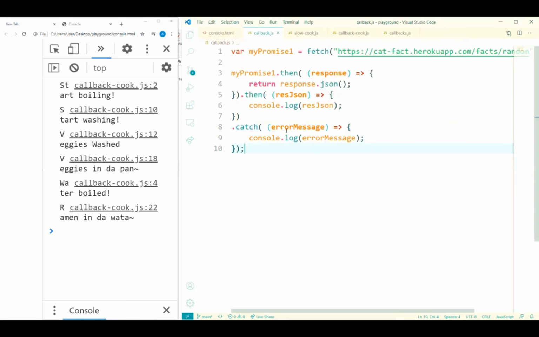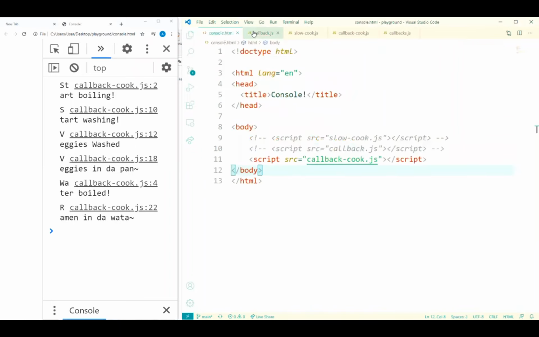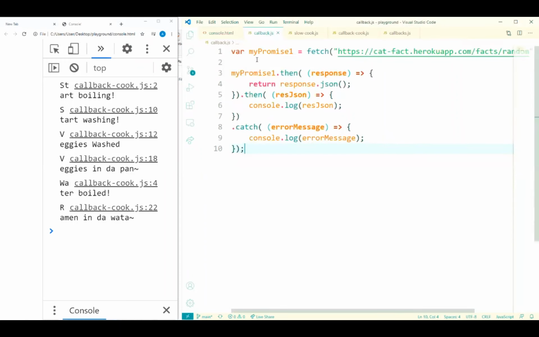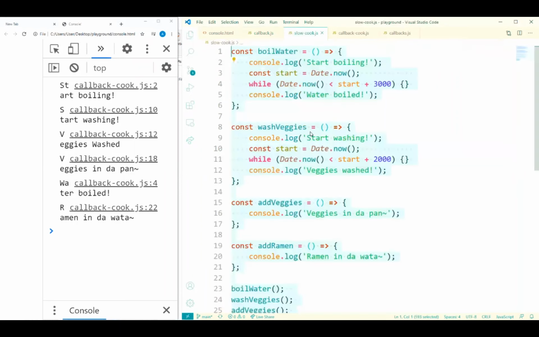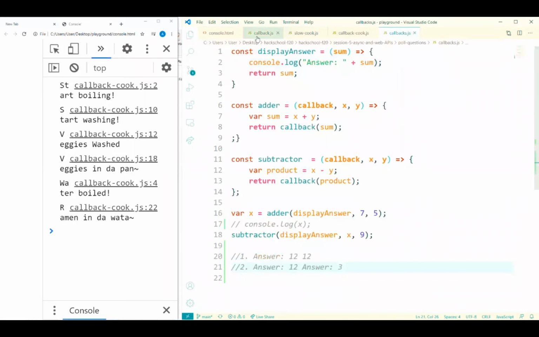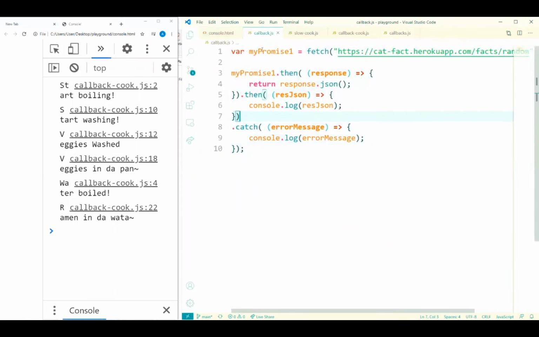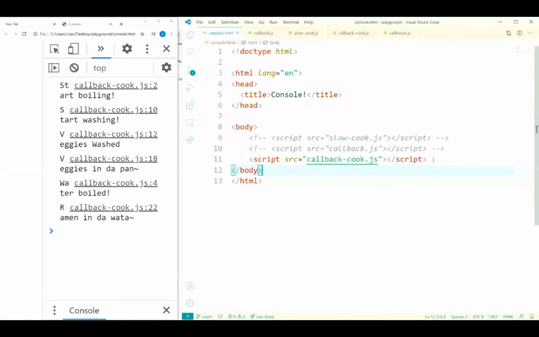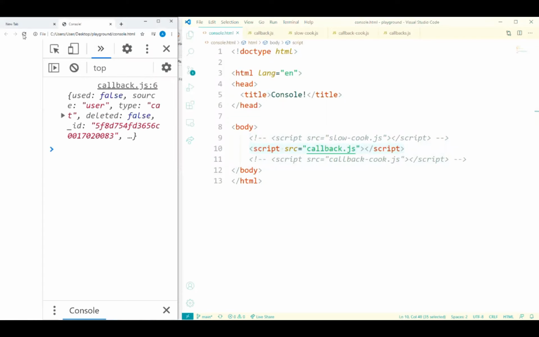Yeah, so again, just going through this code. So what will this do? Let's just run it, right? We can run this. This is called callback.js, I believe. So we can go to our console, and remember that our file is called callback.js. And if we run it, which it should work, we can see that it console.logs our JSON object.